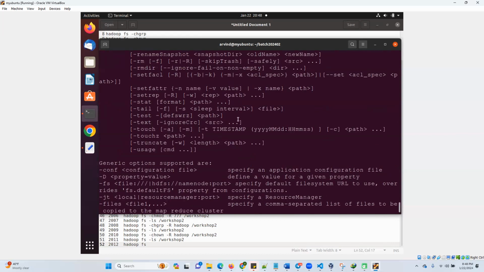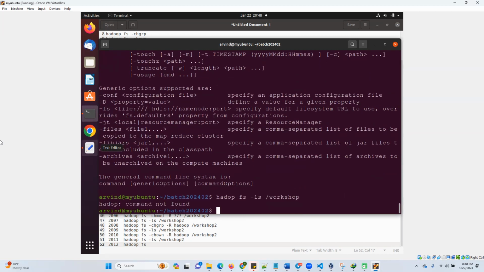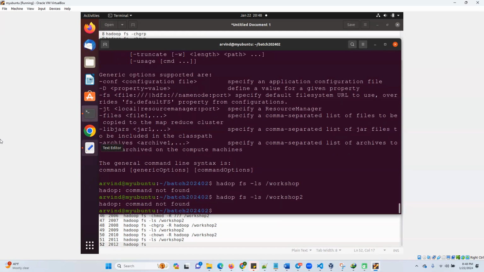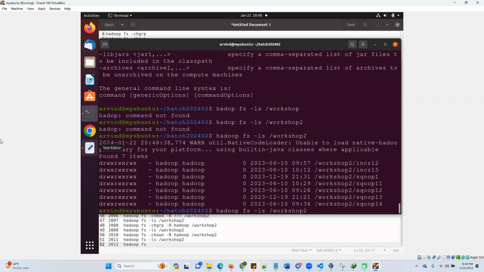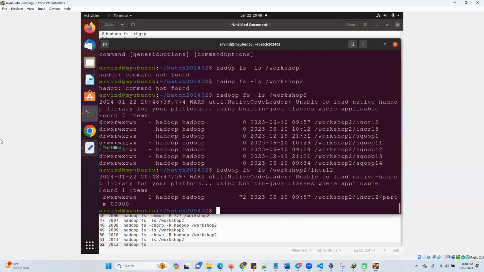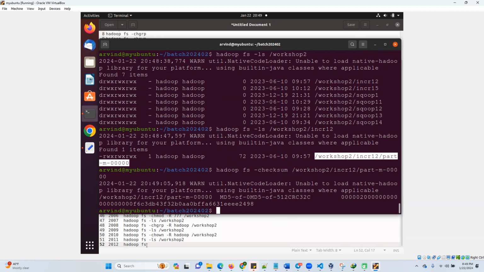So I will just find the checksum of one file. So I check some file. Okay, so this is the file. I check the checksum of this file. I do the checksum, and I'm getting some MD5. This is my file path, this is the algorithm that is applied, and this is the checksum value. Okay, now